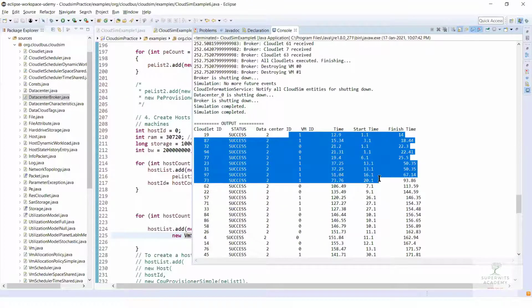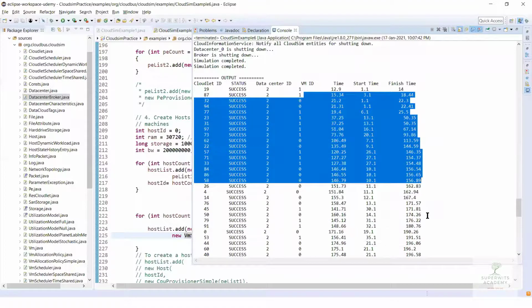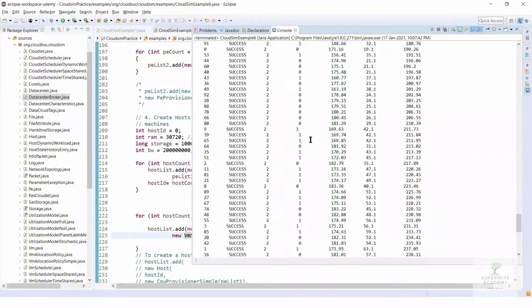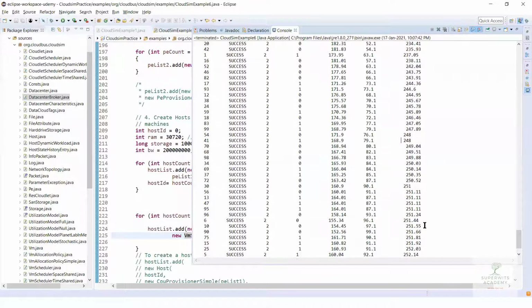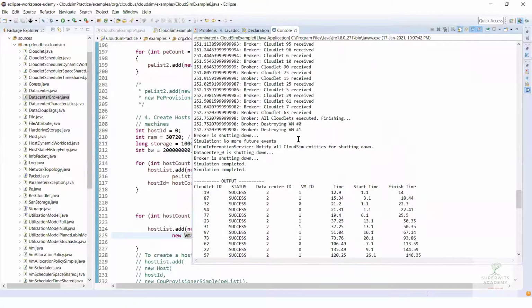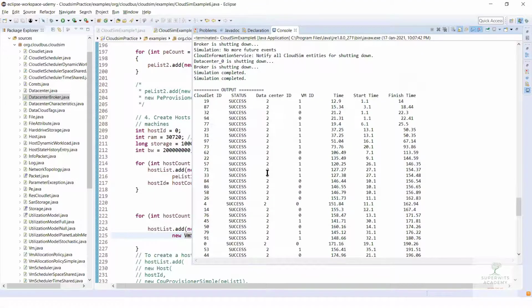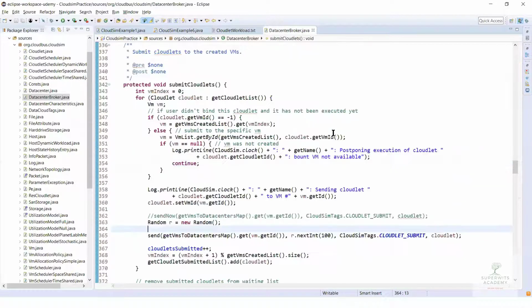So it clearly resembles the delay added to the task that is going to be provided. This is pretty straightforward and simple. You can just go to the data center broker class, and instead of using send now, you simply use the send method and add a delay to the system.